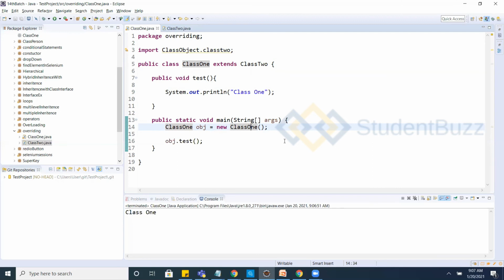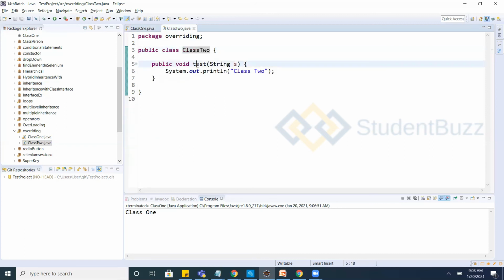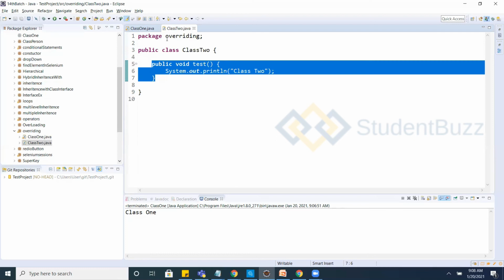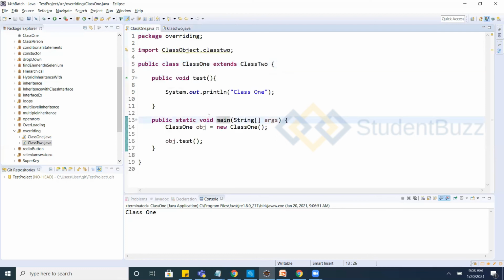And here there is a test method in the parent class as well as the child class, and you are calling this after creating an object of the child class with obj dot test, and it is calling the child class method. See, this also has the same method. You got overridden.